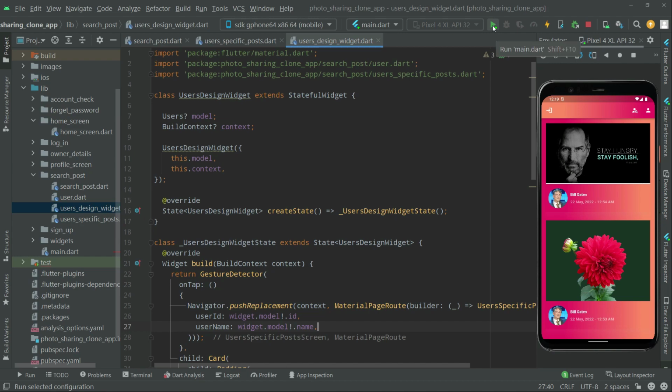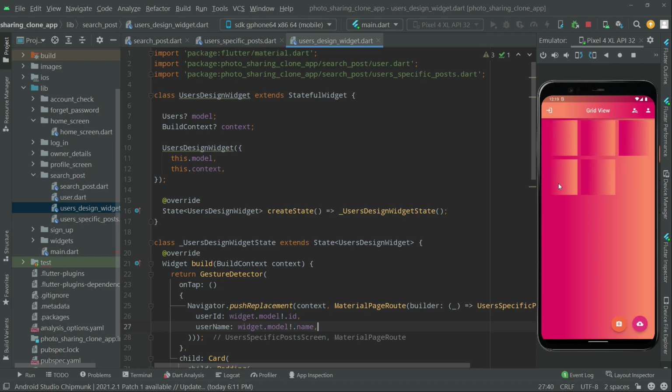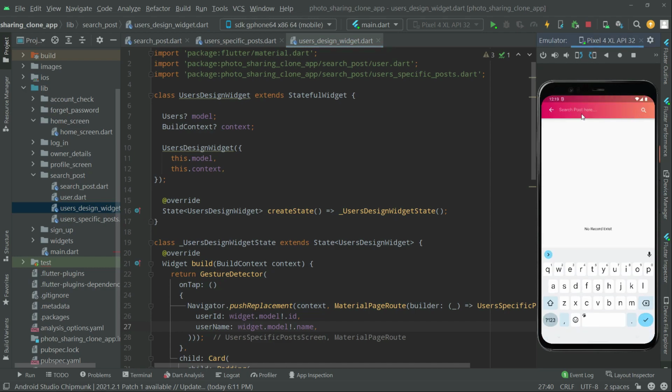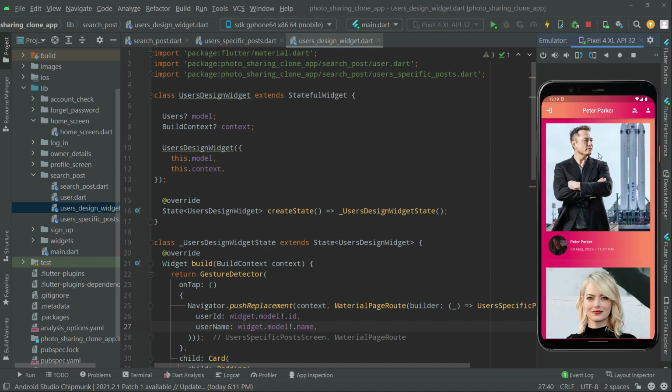Just hold reload, or you can simply press Ctrl S. Okay guys, I just hot reloaded it. So now simply let's go to the search post screen. Let's search for Peter Parker or any of the users. As you can see right in here, it's loading. There we go, click on that, and you can see the result right in here on the top right